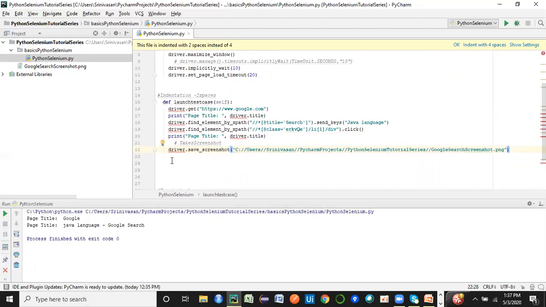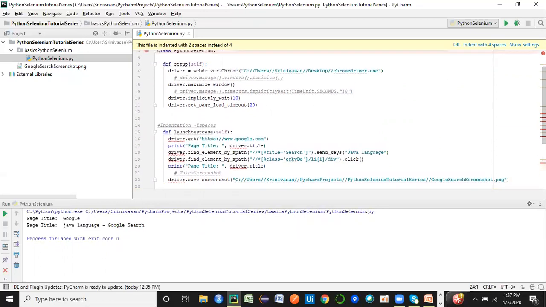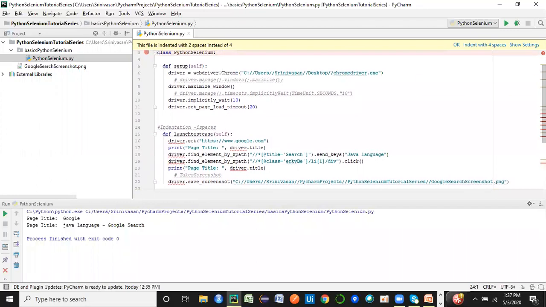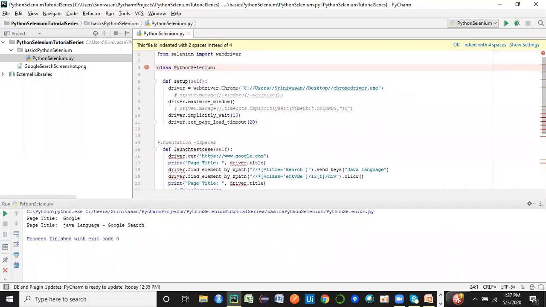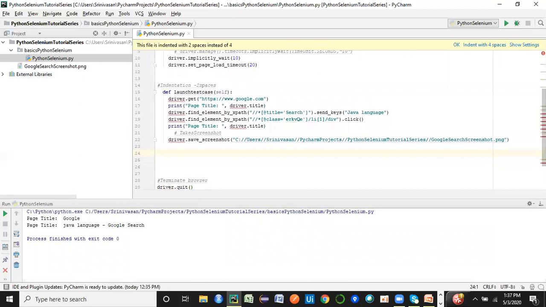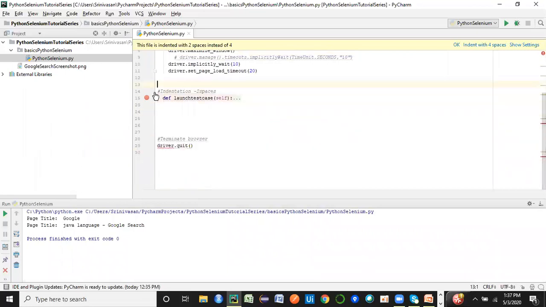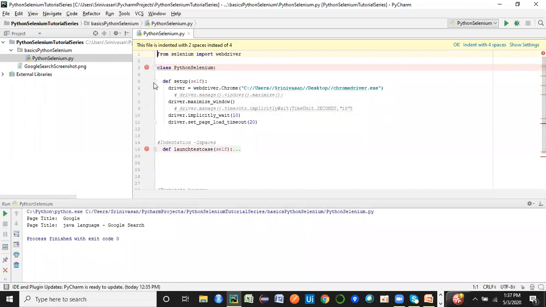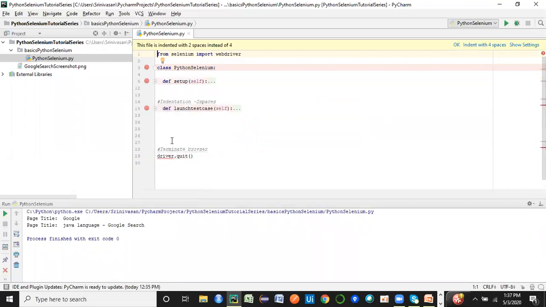So this is another test case here, and if you see unresolved driver, this is not an error about indentation. We will look into this in a while, like why this error is being shown. Currently what you have is a setup method where you are getting this WebDriver Chrome and you have these lines of code. I've grouped these lines as a part of this method. If I collapse it, see, this method is completed. This method is also ready. Now what is left is the quit method.